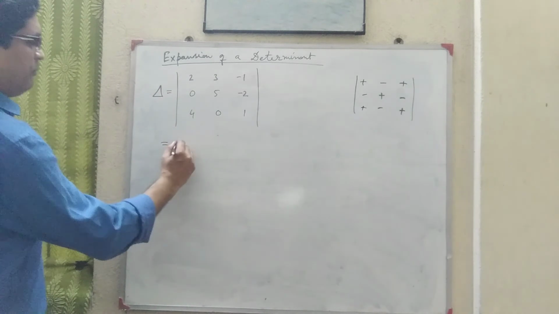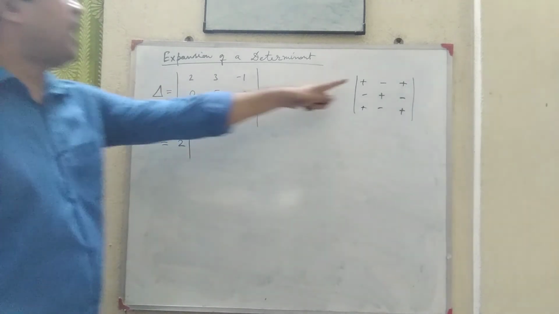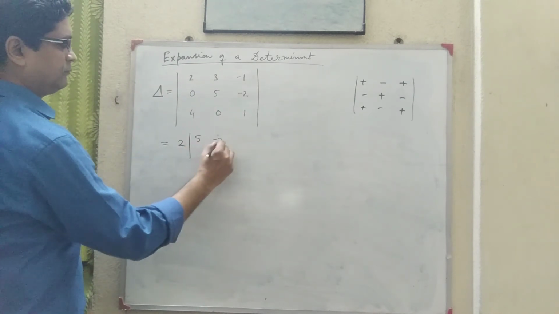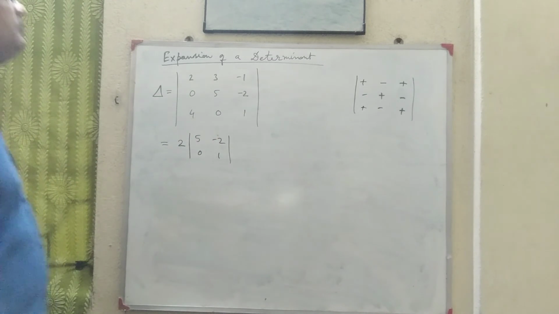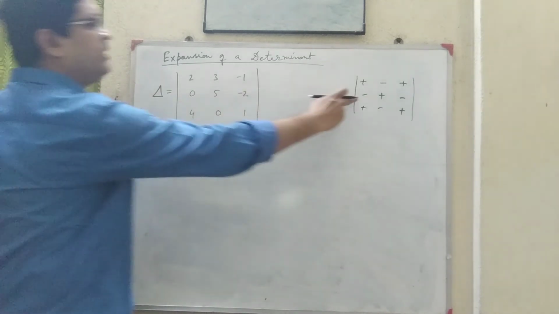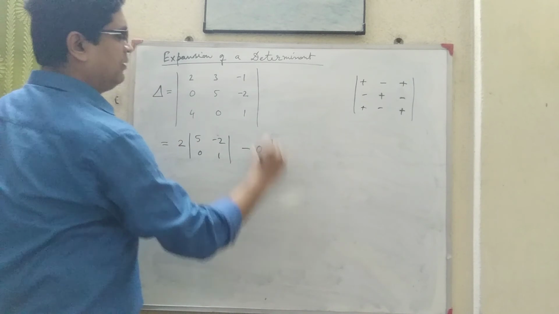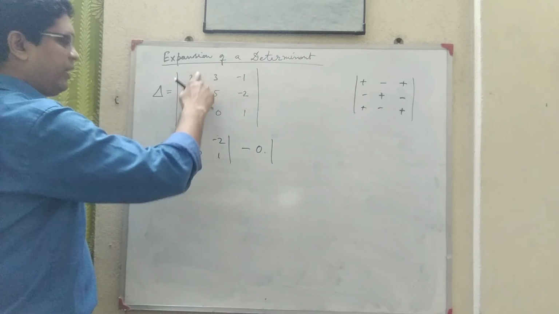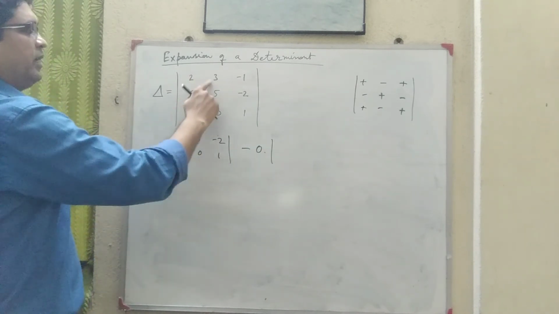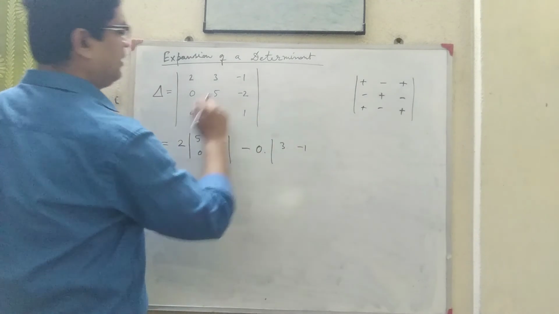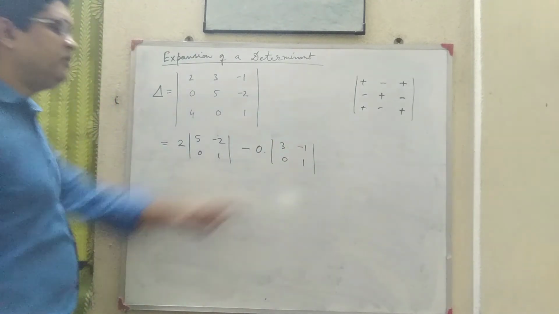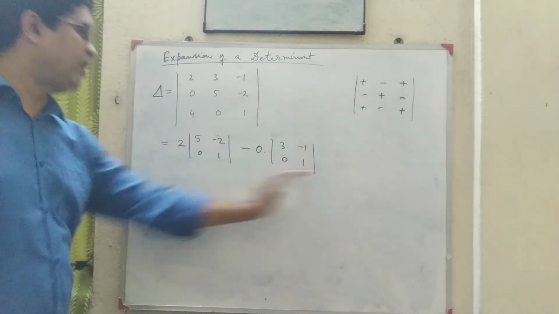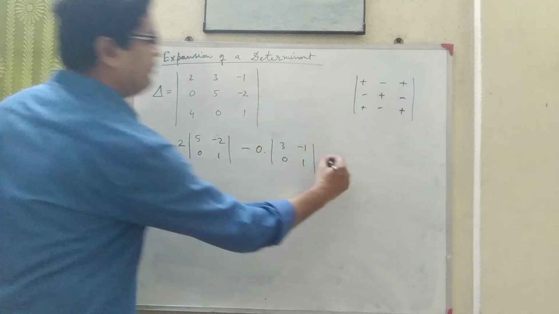So you have to multiply 2 with its cofactor, which is plus the minor of 2, which is 5 minus 2, 0 1. Then 0 sign is minus, so you have to write minus 0 into cofactor of 0, which is cover the second row and first column, and we will get 3 minus 1, 0 1. Actually we need not write this because 0 into anything is 0, so we can skip this part also. Then plus 4 into